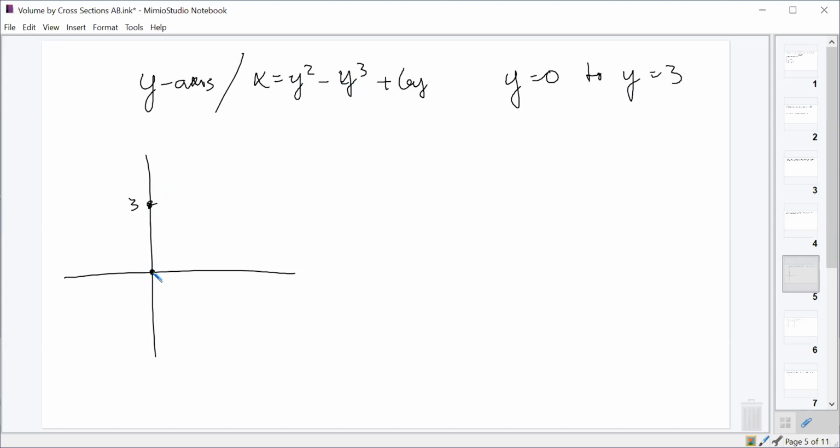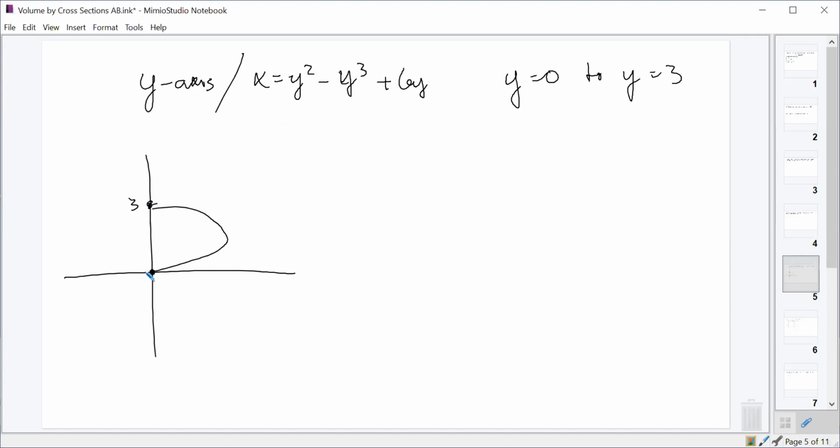And if we plug in anything between 0 and 3, like plug in 1, we get 1 minus 1 plus 6, we get some positive value. So we got something, who knows what it looks like, something like this. It may not look like that, but we got some function over here, right? We'll just do something like that. And we could be guaranteed that it's always positive